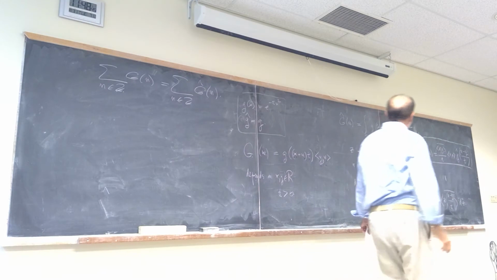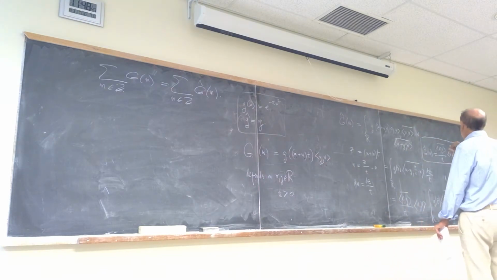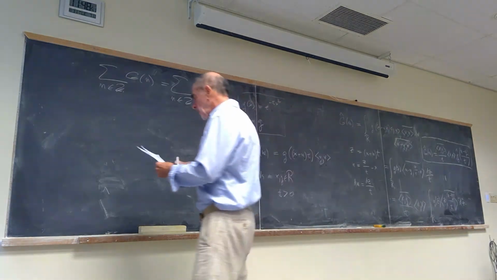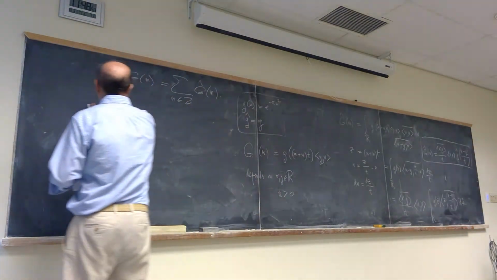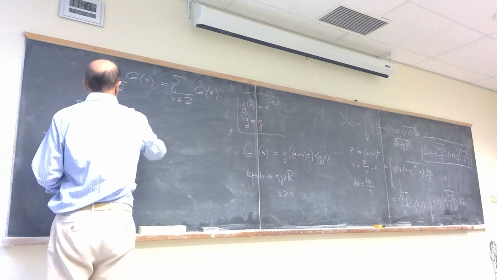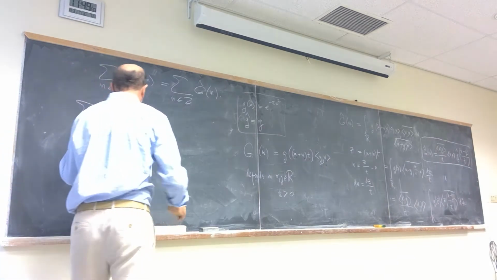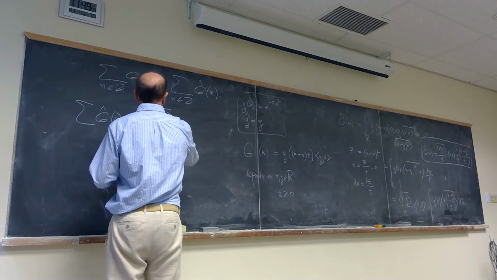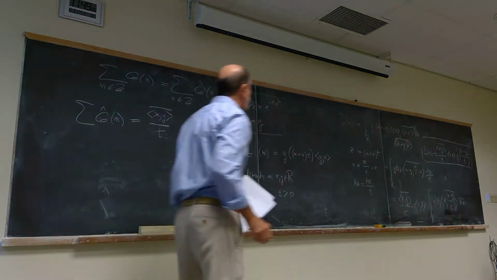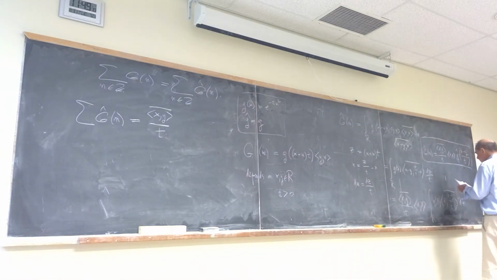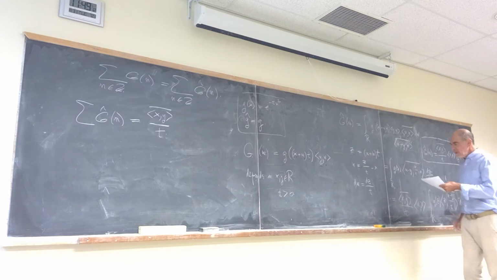Okay, so what happens if we do that? Here we have g, and here we have g hat. All right, so it says, let me write it this way. G hat of n is equal to xy bar over t, because that has nothing to do with where we're evaluating it. That just depends on x and y. And then we have